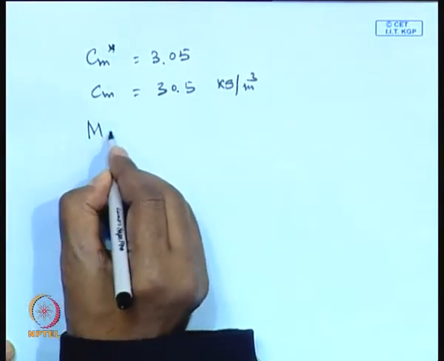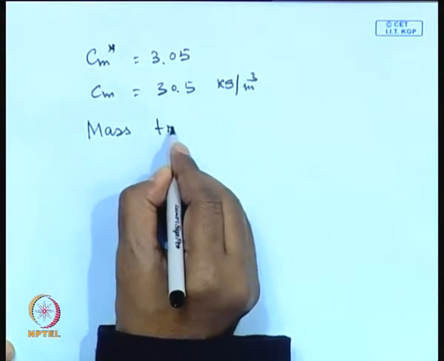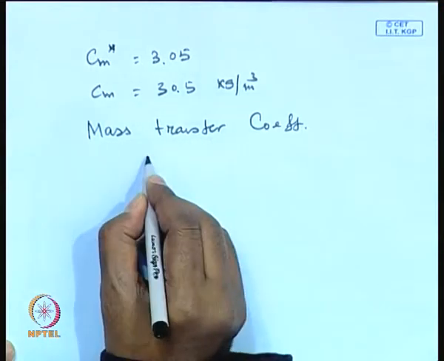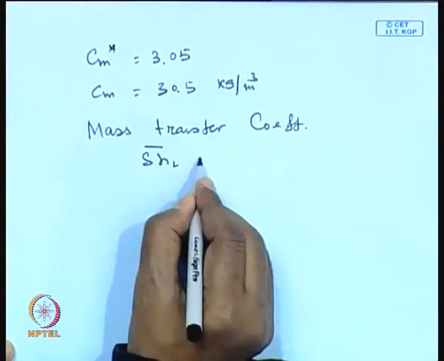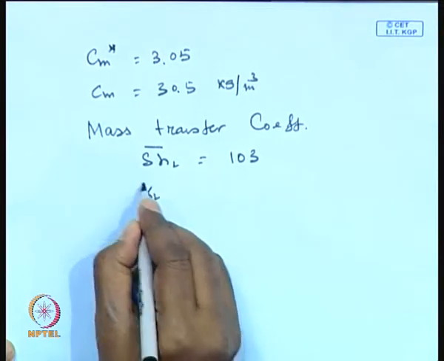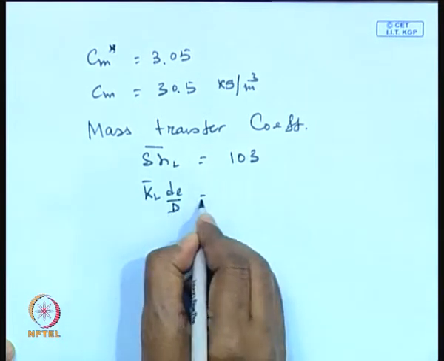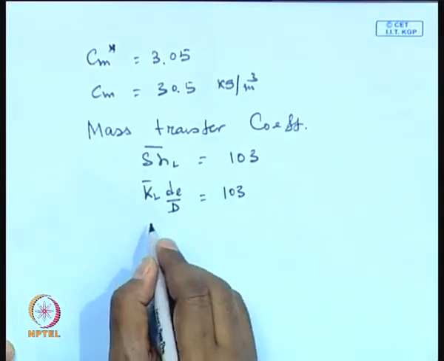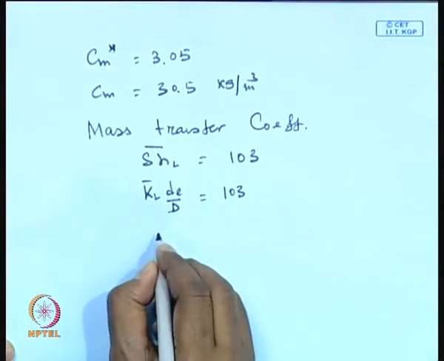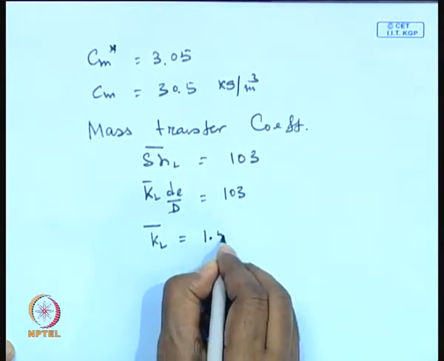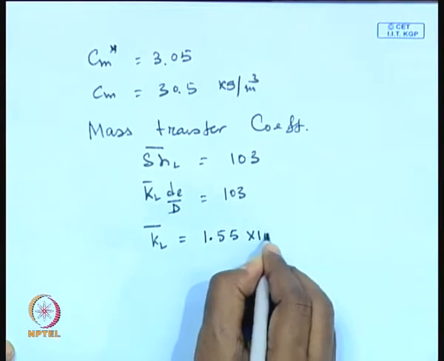And the mass transfer coefficient you can calculate. That is Sherwood number, length average, it turns out to be 103 for this particular problem, and just put the definition of the mass transfer Sherwood number in terms of mass transfer coefficient and diffusivity, equivalent diameter, etc. The length average mass transfer coefficient turns out to be 1.55 into 10 to the power minus 6